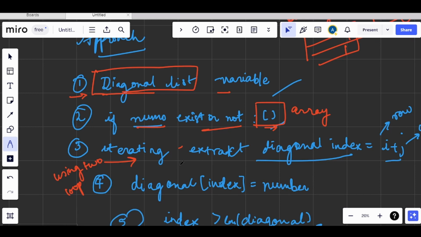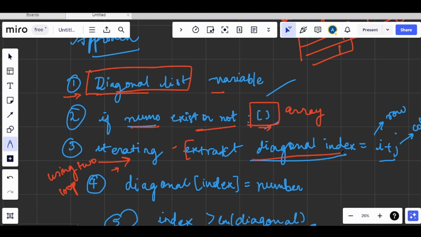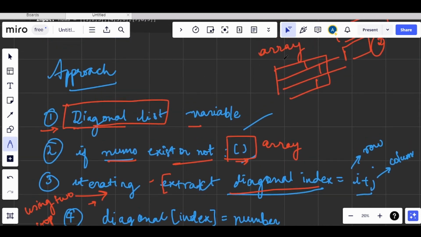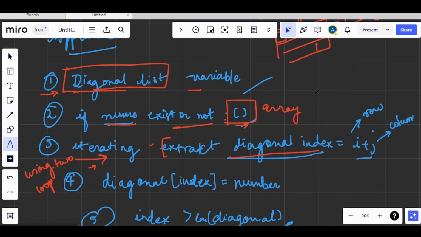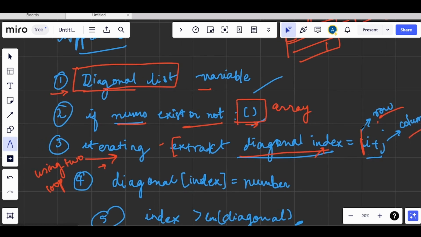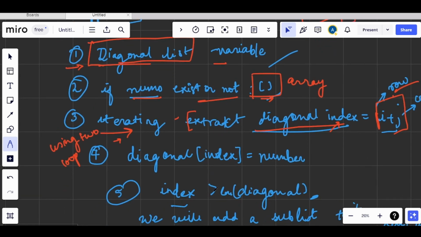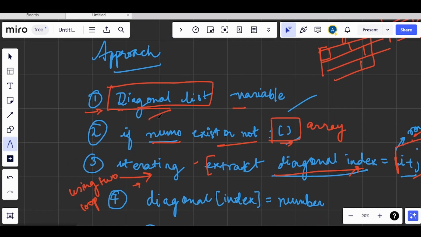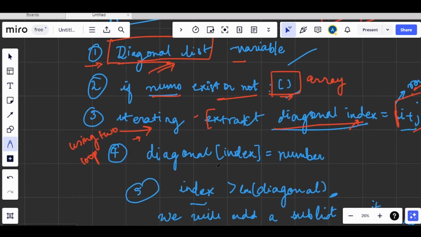So we have to iterate on the nums array and extract the diagonal index for each element. The diagonal index is obtained by summing up the row and column value of the number. Here we had declared a diagonal list variable, so on every given index we will add that number.